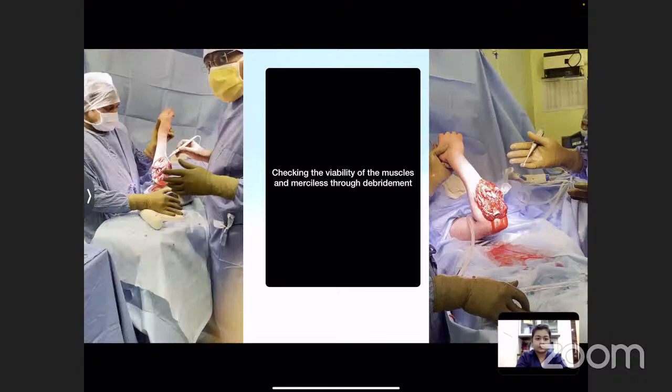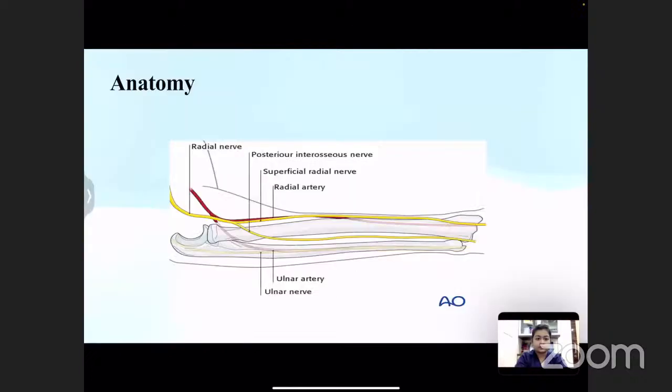Next, we are applying the Ilizarov frame. Dr. Reddy has already clearly mentioned the safe zones. So while passing these olive wires and plain wires, we need to know that the ulnar nerve is below the medial epicondyle, and you have the brachial artery and also the posterior interosseous and superficial radial nerves. When it comes to the superficial radial nerve, just above the wrist, you should be very careful when you're passing the wire